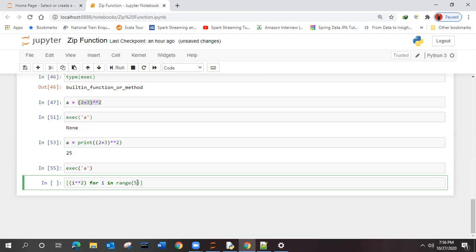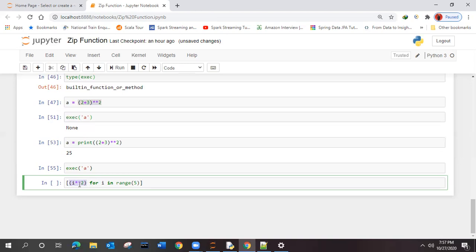Then you didn't give any print statement over here, right? What will it do? It will just run itself and not show anything as output. You are giving one expression over here.